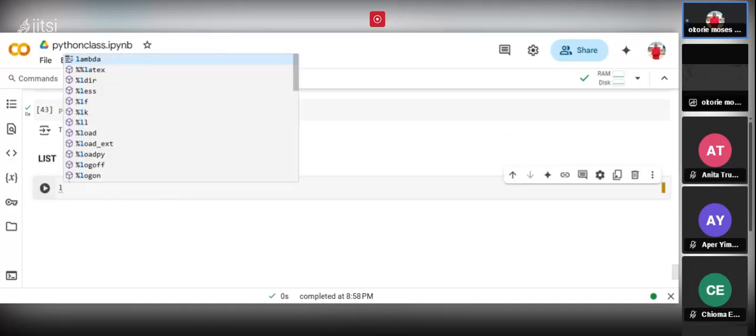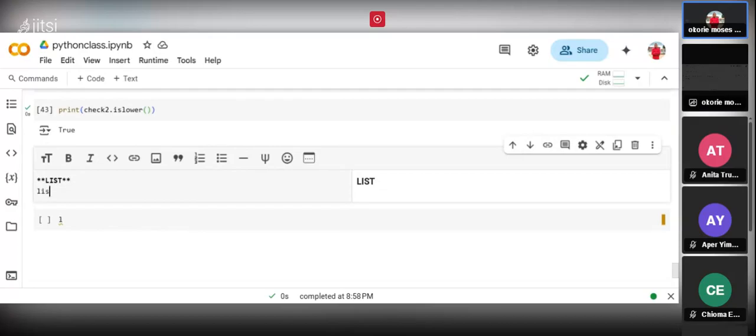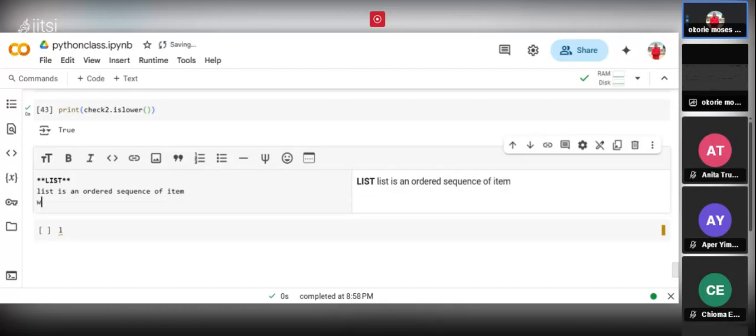A list is an ordered sequence of items. And two, we can have different data types under a list. For example, let's say we can have